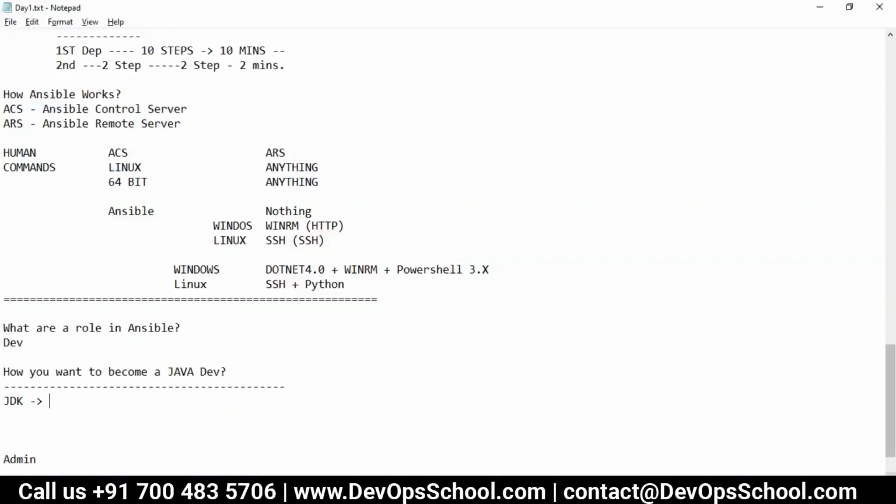Yes, .java. Let's say .c, .cpp, .py, .pl. Any programming language, you store that file with its extension.